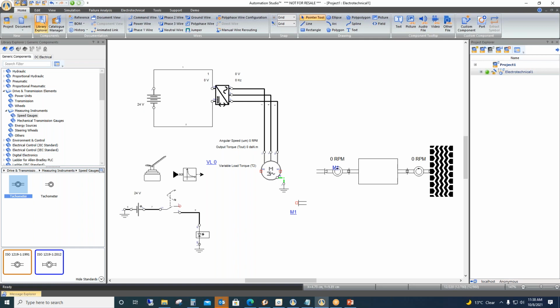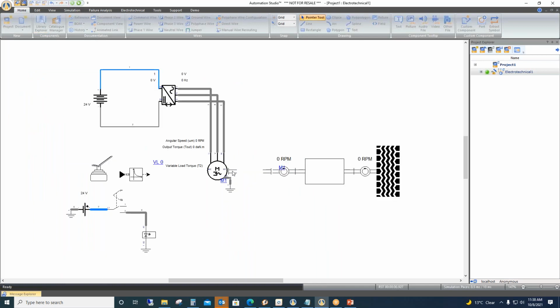No, it is partial, because this is Automation Studio and I am still stepping into it. In other models, from the output shaft there is a feedback loop which is given back to the input of the rectifier, and there is a continuous balance between the motor speed and the torque. So this shaft is the same shaft you're talking about, that is giving the feedback.